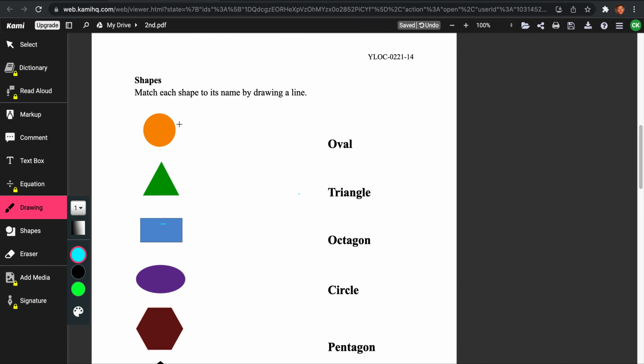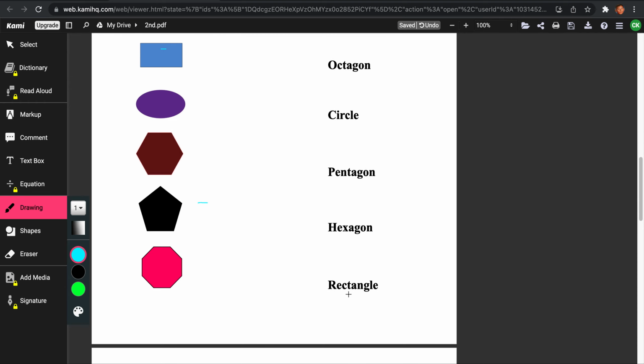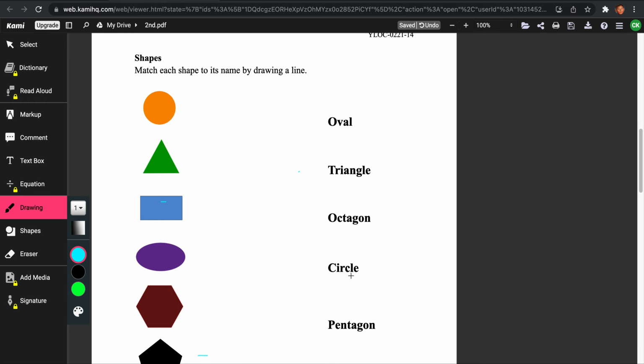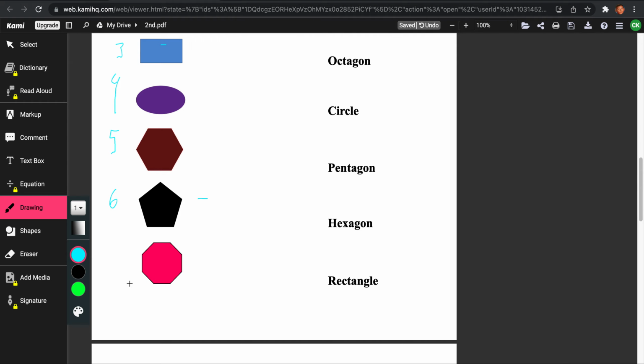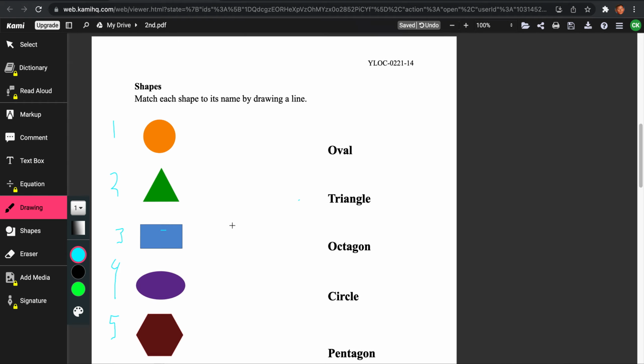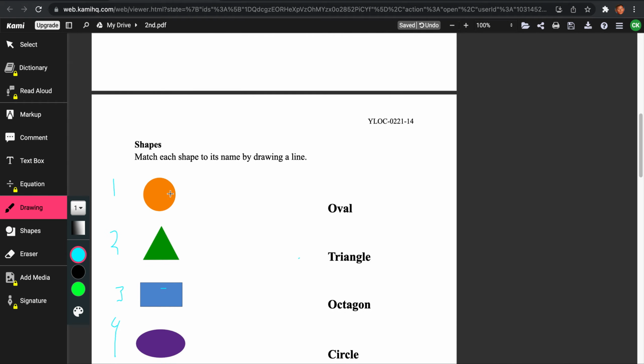Okay, now let's do shapes. Match these shapes to its name by drawing a line. Okay, so let's take a look at this. So we'll be labeling, so let's label these. So this would be question 1, 2, 3, 4, 5, and 6. Oh, sorry, we got another one, 7. So looking at the first shape,